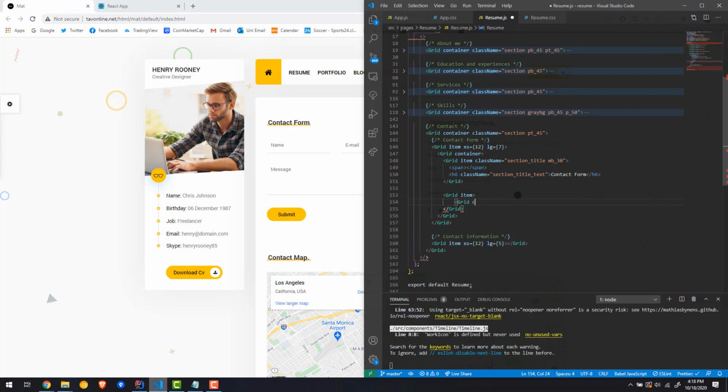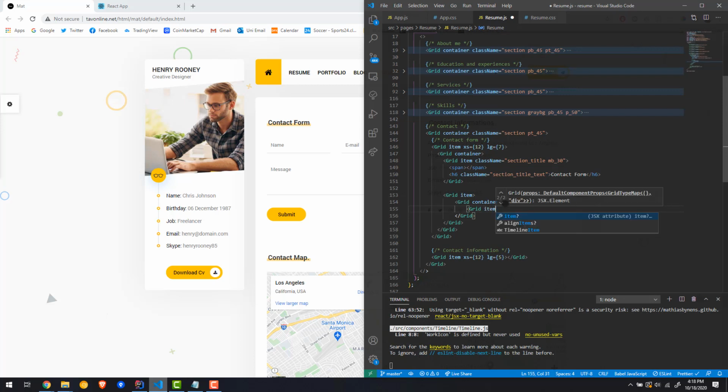So we'll have a grid container, right? We have a grid container. So that will be the entire form, and then inside the grid container, we're gonna have a grid item for every element. So for the first grid item, which is gonna be the name field,